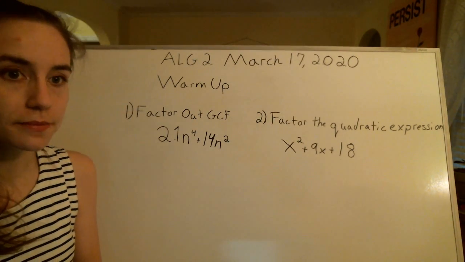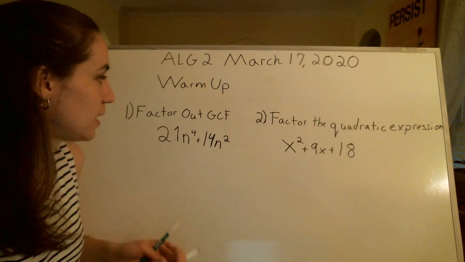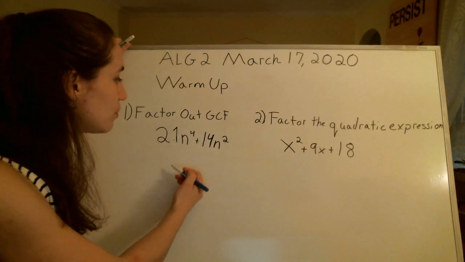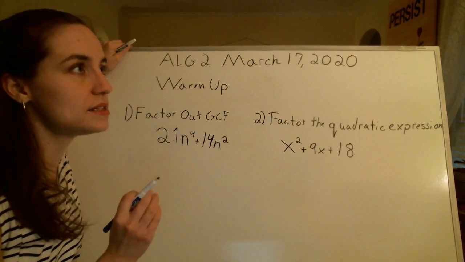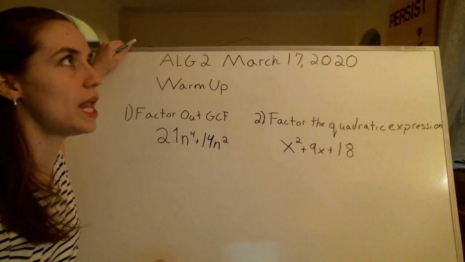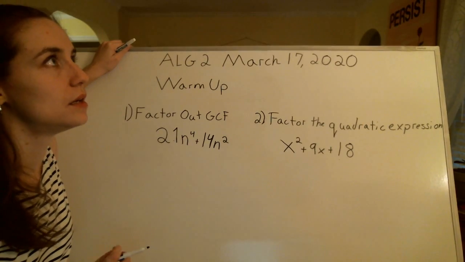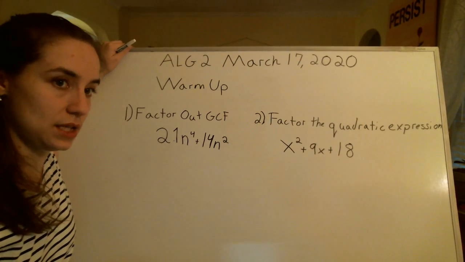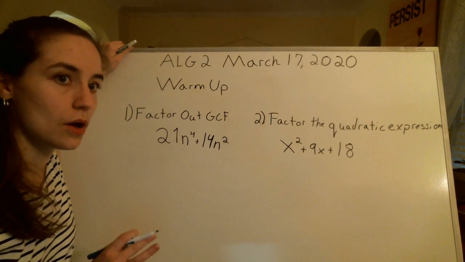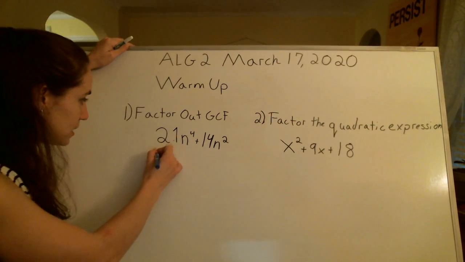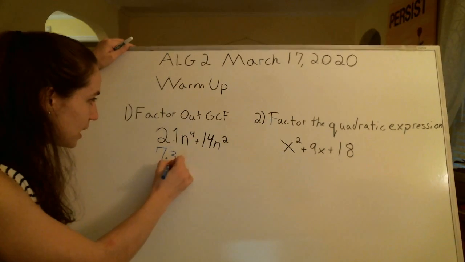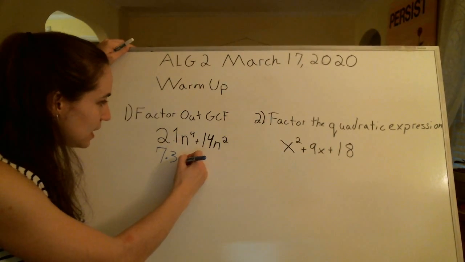Alright, our first problem says factor out the GCF, and it gives us 21n to the fourth plus 14n squared. The first thing we're going to do is say, what is a number that goes into 21 and 14? Hopefully think of the number 7. So 21 is actually 7 times 3, and I can rewrite my n to the fourth as n